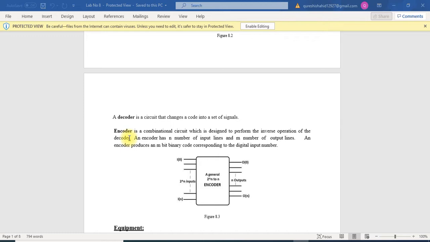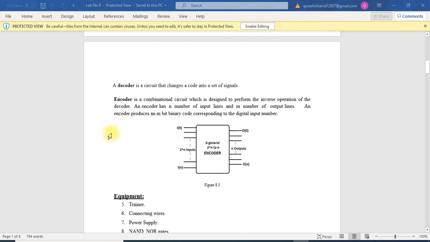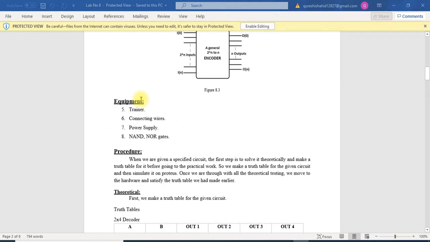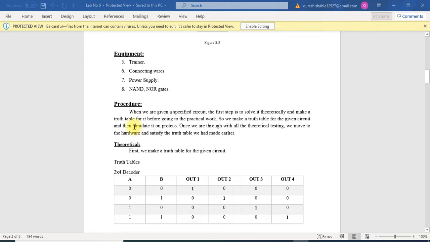And now the question arises: what is the use of encoders and decoders? If we look at applications in the field of the army, we can see that army officers send information in the form of a code. That code must be decoded, and the selected information is stored. So these are the equipments that are being used in order to perform the simulation when we head towards the university.